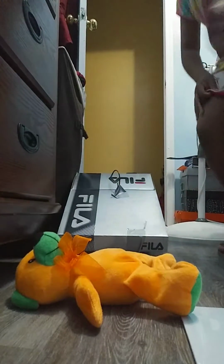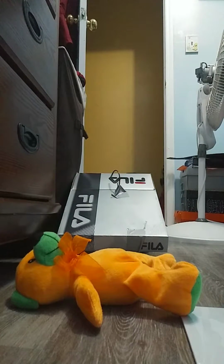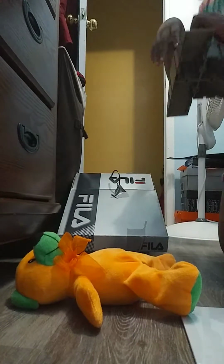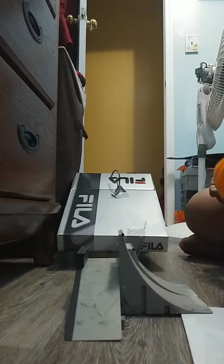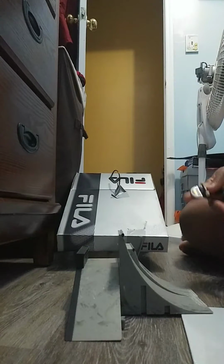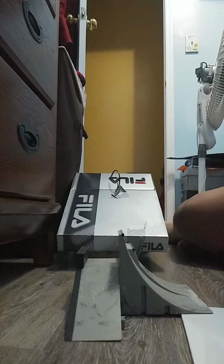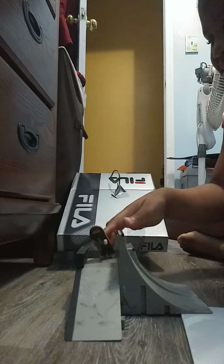Huh. Yes, I brush my teeth. Okay. Okay, now. He has a ramp. What? That means he has a skateboard. So, now, he is going to do some tricks. I'm going to show Mr. Bear some tricks that I naturally learned. Sort of. Anyway, I'm not really good at this, but I'll just,